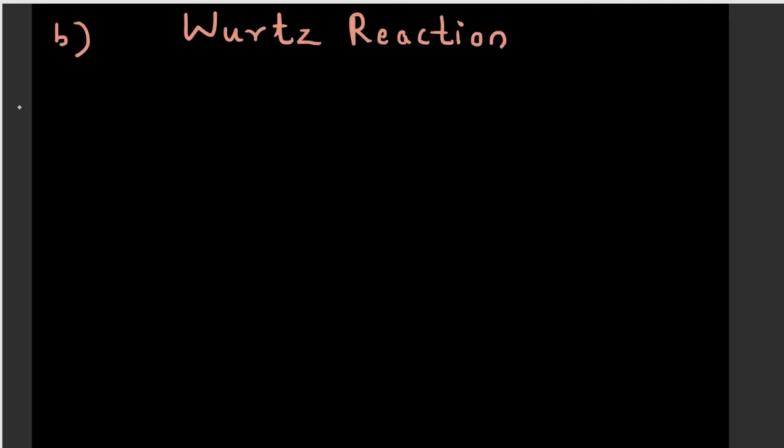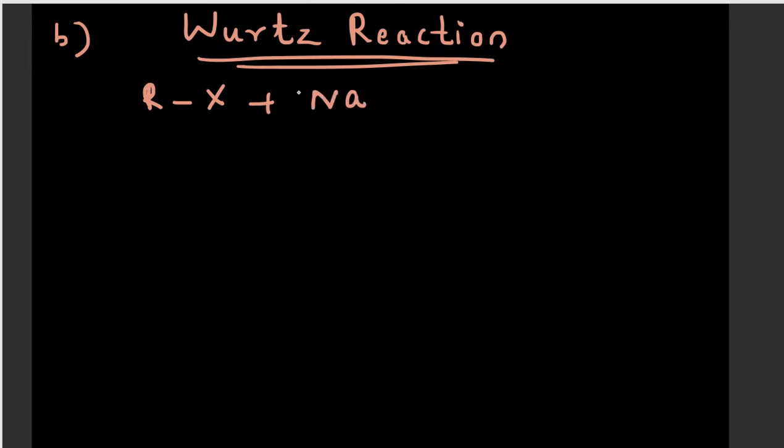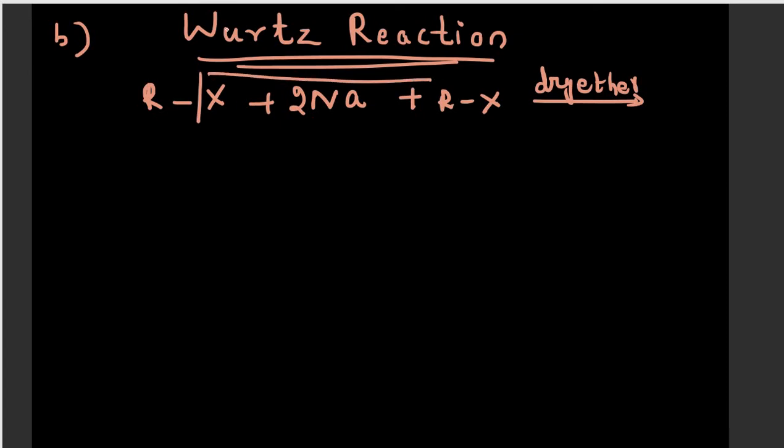Now let us see another type of reaction. Here this reaction is a name reaction and it is known as Wurtz reaction. It is an important name reaction. Let us represent it by a general term, RX. This is an alkyl halide which reacts with sodium, 2 moles of sodium in dry ether. So here you can see that we have taken 2 moles of alkyl halide. When it reacts with sodium in dry ether, we will be getting what? We will be getting a symmetrical alkane.